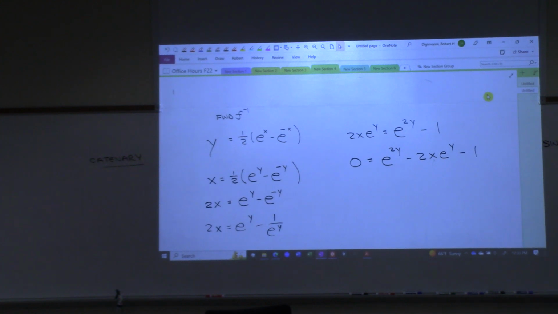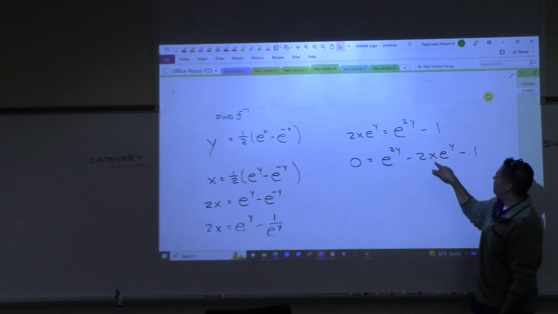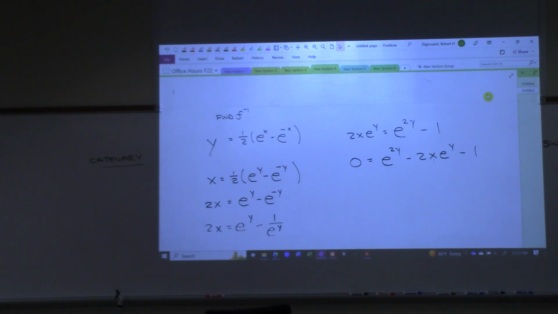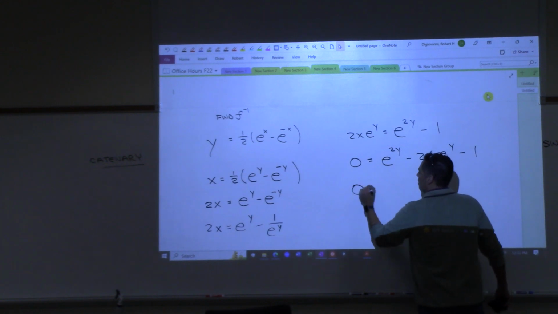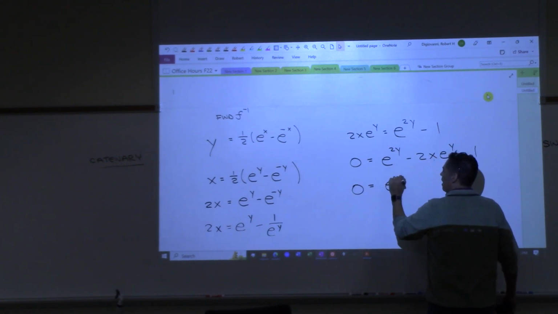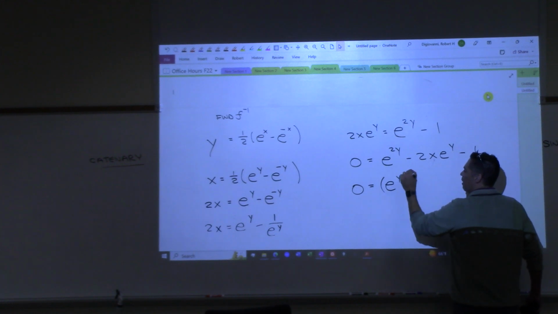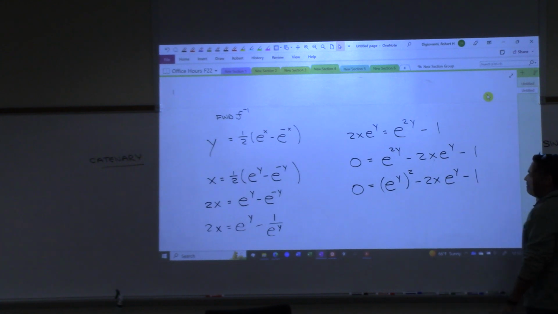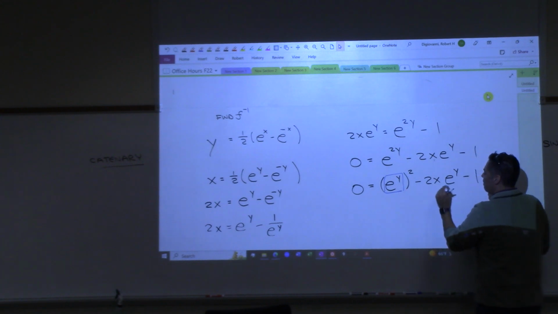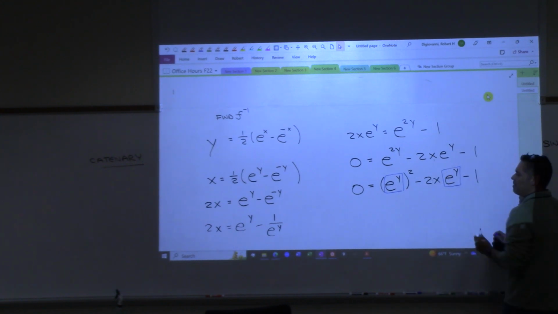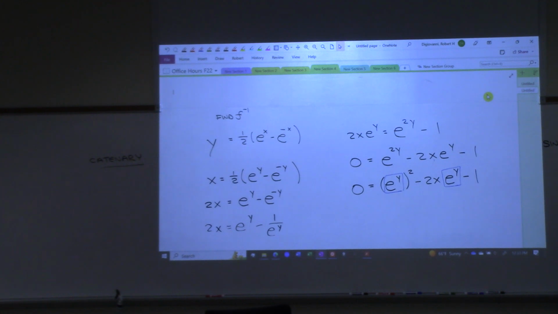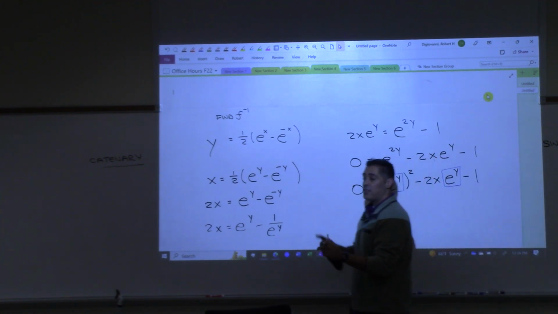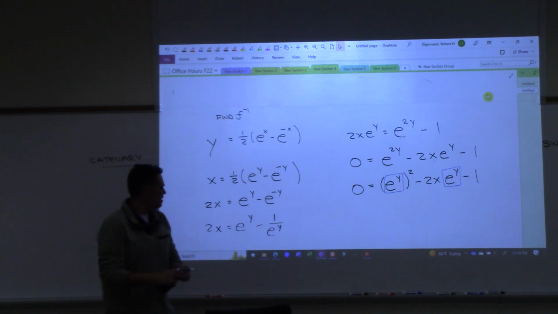Okay, so look, do y'all see that? If I move that over, this term, and I stuck it in the middle on purpose, and rewrite this now like this, this right here is the same as e to the y squared minus 2x times e to the y minus 1. Do y'all kind of see the quadratic here? It's like something squared, and then here's the same thing. But wait a minute, this is the part that should make you go, wait a minute, what? Because